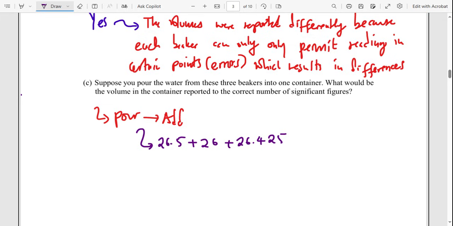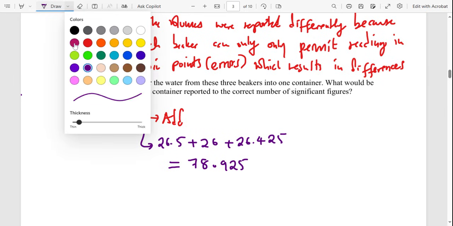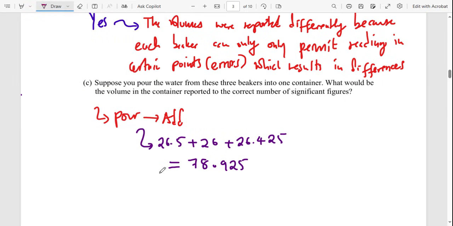So 26.5 plus 26 plus 26.425, and that gives us 78.925. But guys, remember, when you are reporting after addition,